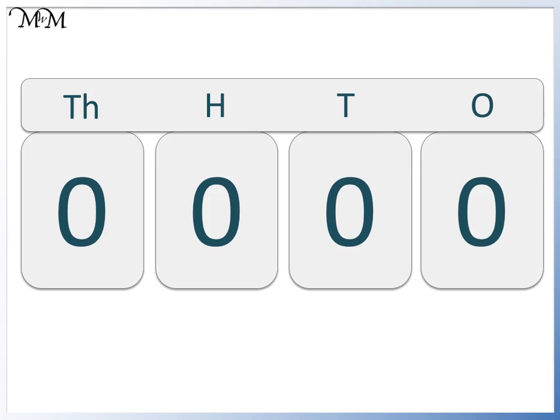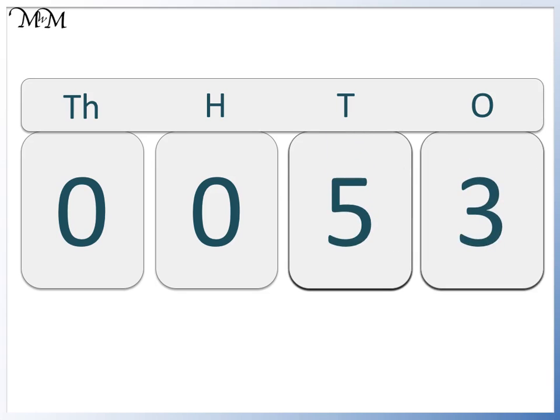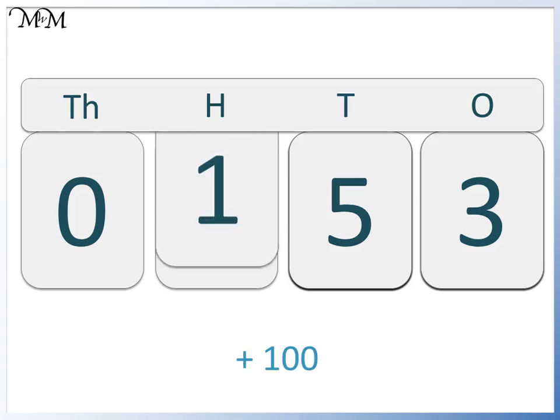This time we will start with 3 in the ones column and 5 in the tens column. So we start with the number 53. If we add 100, we add 1 to the hundreds column, and we have 153. If we add another 100, we have 253,